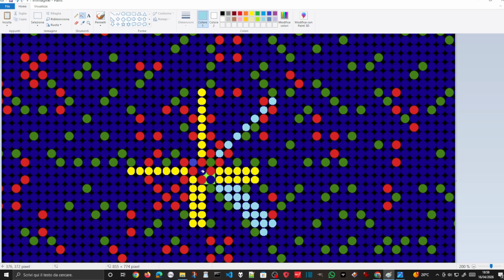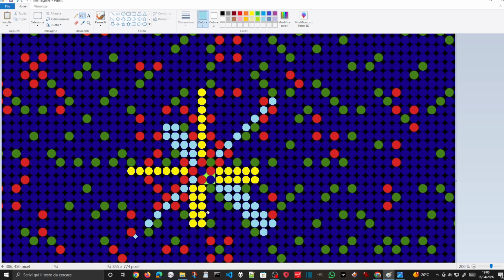Another is here, this is 0, and another is here. A very large diagonal here and diagonal here, a very large row here, and a very large